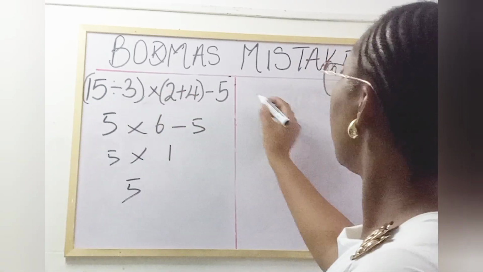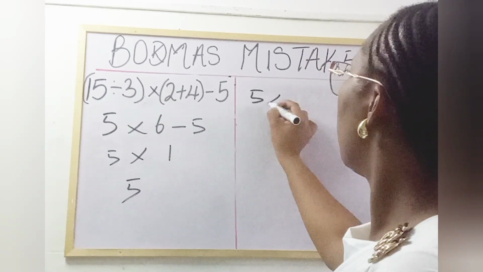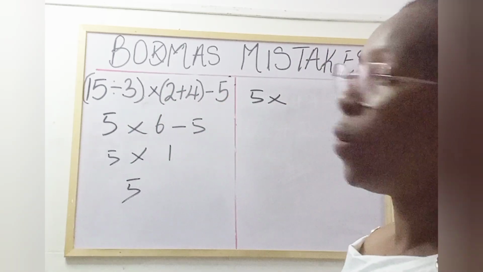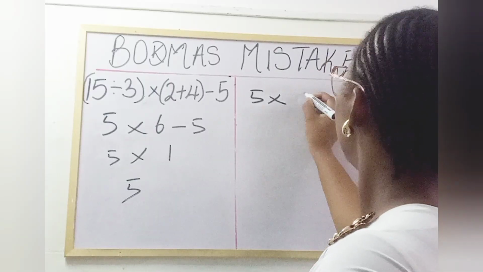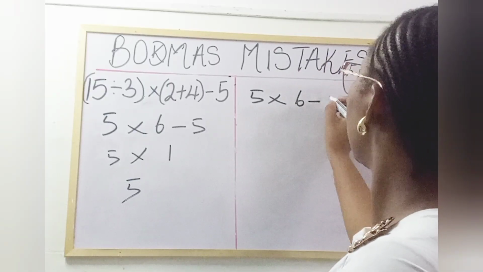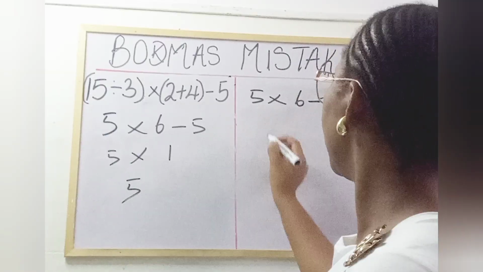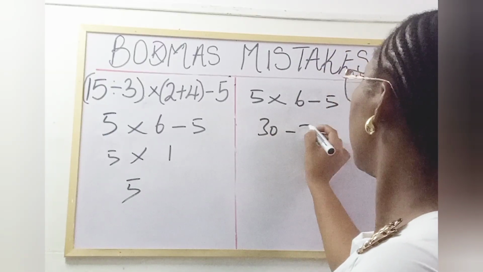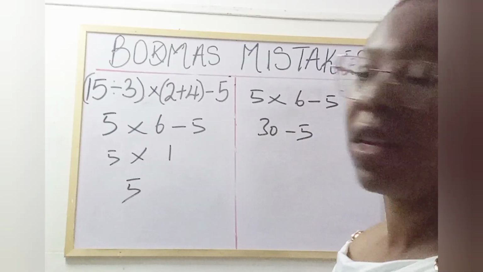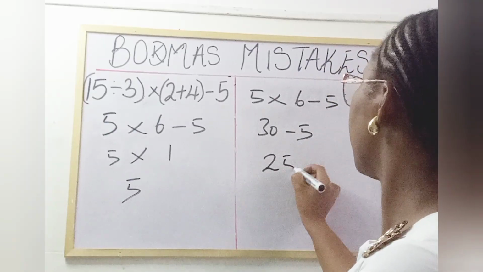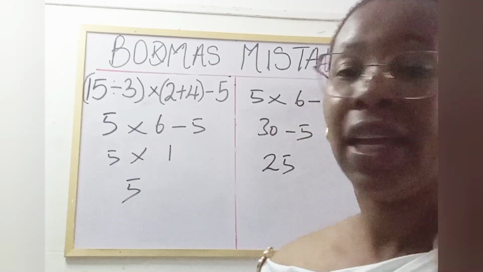15 divided by 3 will give you what? 5. Multiply by 2 plus 4 will give you what? 6 minus 5. 5 times 6 will give you what? 30 minus 5. 30 minus 5 will give you what? 25. The hidden rule is